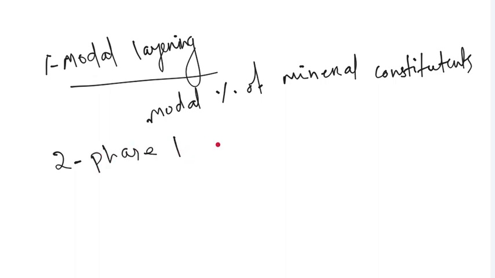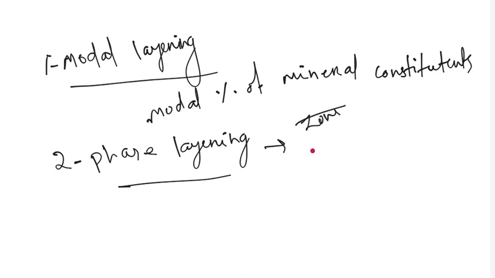Second is phase layering. So basically, this phase layering indicates phases. You already know metamorphic phases from your earlier BSc or MSc time. So phase layering is equivalent to the phases layering, or you can say your zone, like the Barrovian zone. This indicates a certain appearance or disappearance of a particular